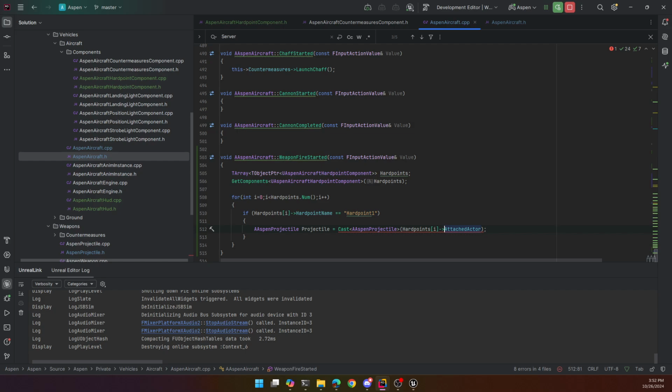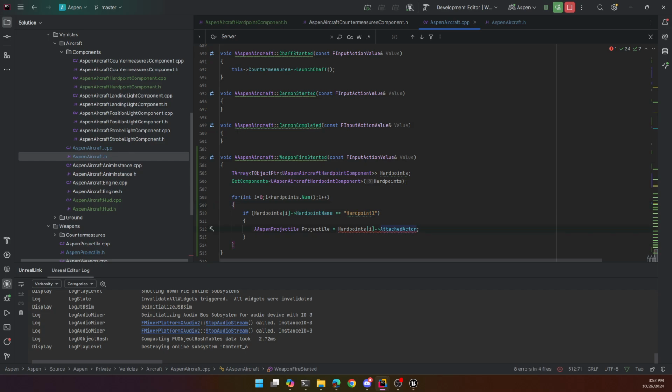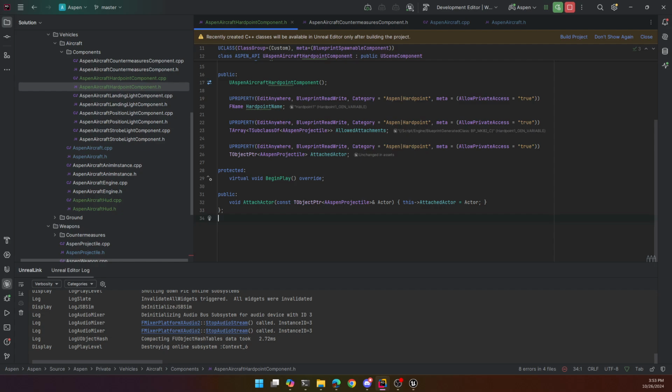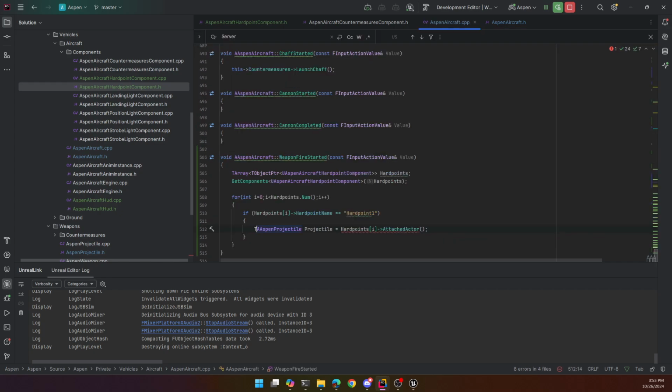Actually, that's already an Aspen projectile. And I suspect this isn't going to work because of the accessibility. Let me look at what I got here. Yeah, oh no, that's public. Okay. Perfect. Okay, now